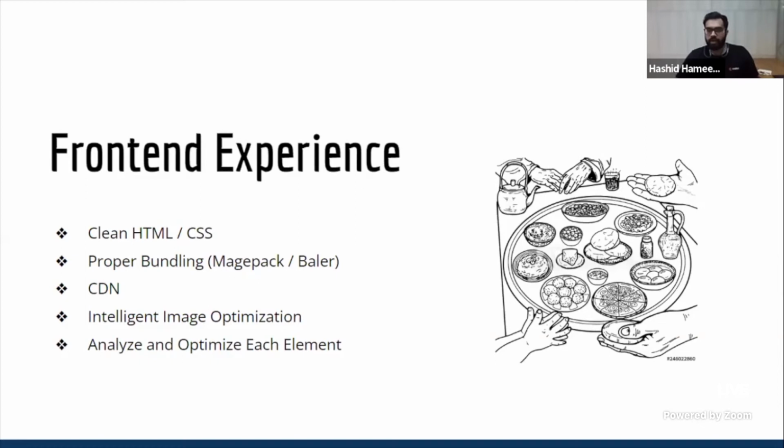Then the next thing is front-end experience. Most Magento developers that I've seen really don't care about front-end experience, okay? Because when you say Magento developer, you just think about backend. Now, this front-end code is where, in my opinion, most of the perceived performance or user experience really matters, because even if the response is immediately generated and it's there on the user's browser, just imagine